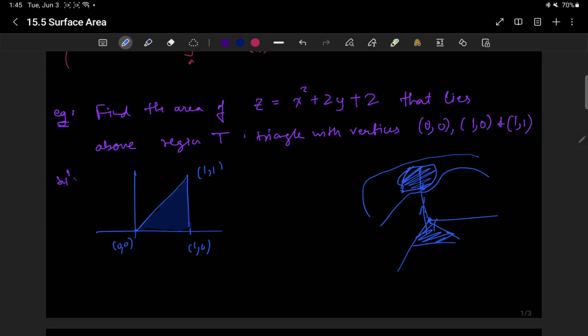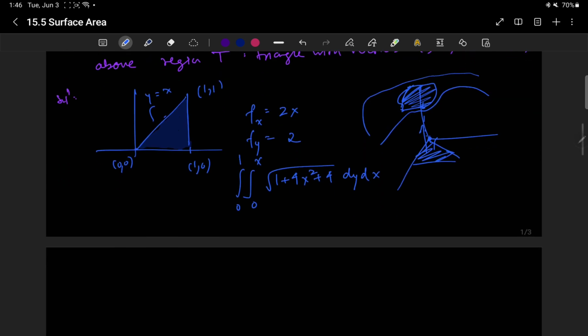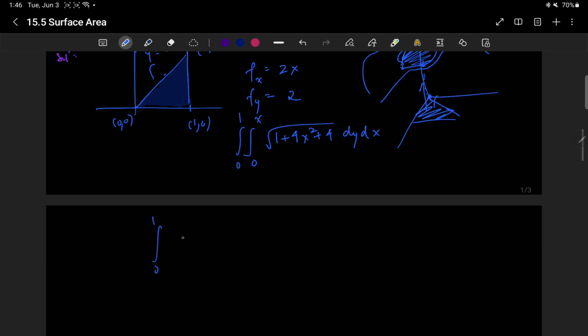So in order to find that, we need the partial derivatives. Partial derivative with respect to x is just 2x. Partial with respect to y is just 2. So the double integral is simply the square root of 1 plus 4x squared plus 4, dy dx. And this equation is y equals x. So y goes from 0 to x and x goes from 0 to 1. So what we have is the integral from 0 to 1 and from 0 to x of the square root of 4x squared plus 5